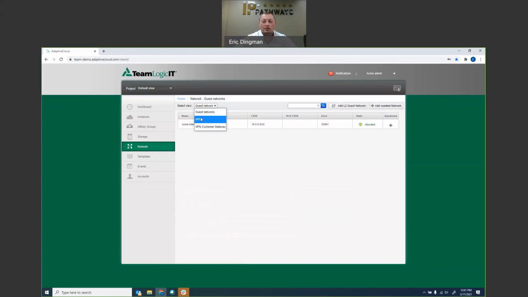So if you wanted to have a VPN connectivity, but you don't necessarily want to use this built-in router, you could bring your own firewall, which you could co-locate in our data center, and we would connect directly to that. You could also do our firewall as a service, which is a completely managed firewall,